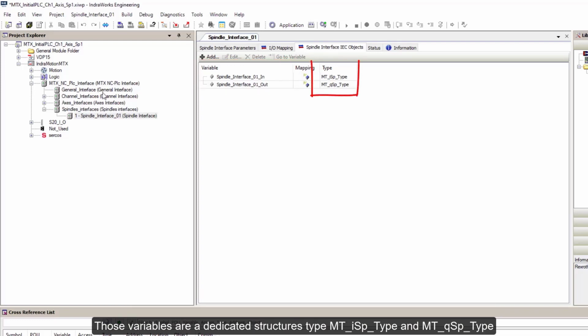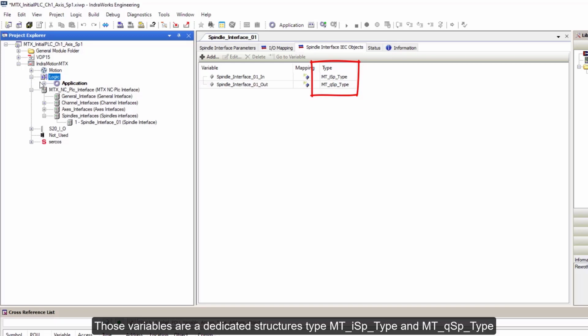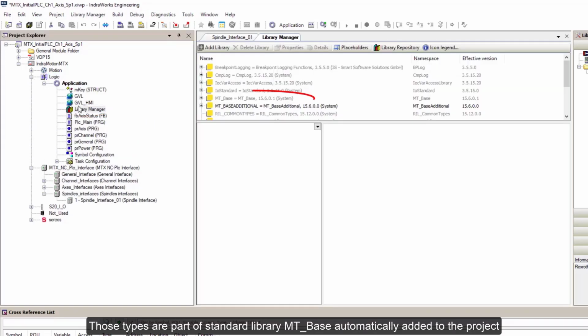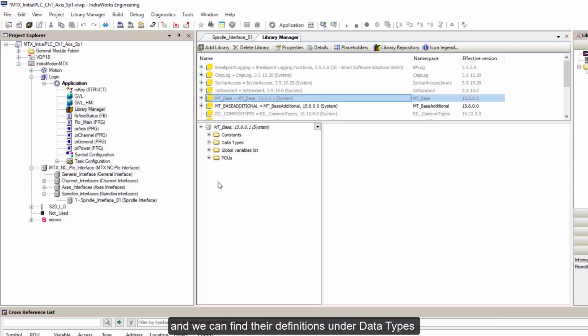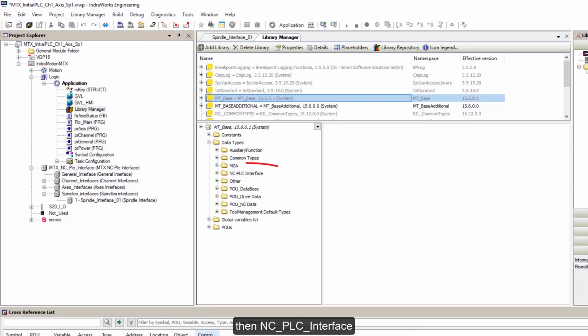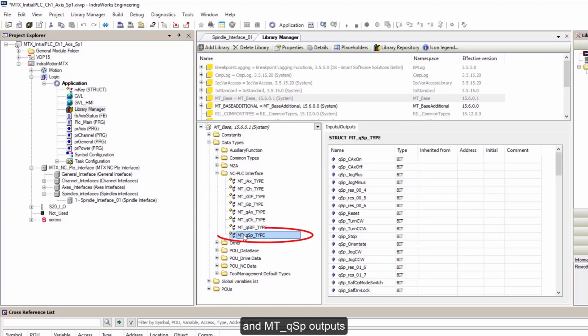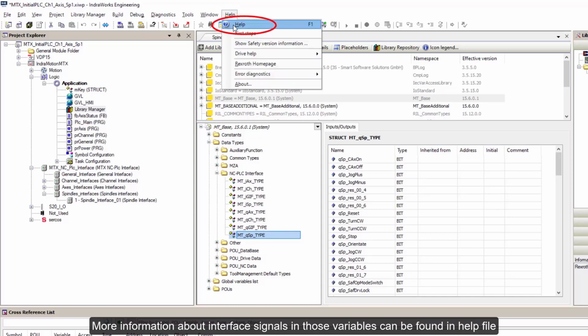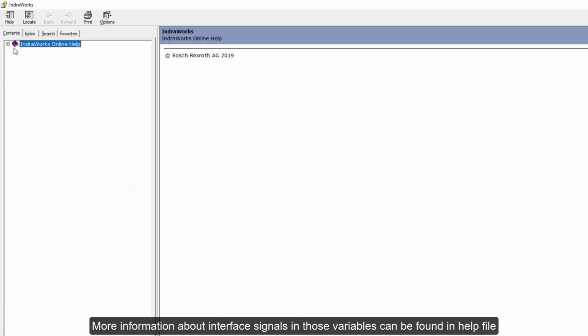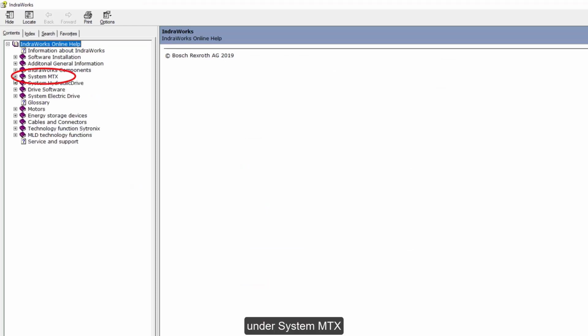Those variables are dedicated structures of type MT-ISP and MT-QSP. Those types are part of the standard library MT-base, automatically added to the project, and we can find their definitions under Data Types, then NC PLC Interface, then MT-ISP Inputs and MT-QSP Outputs. More information about interface signals in those variables can be found in the Help file under System MTX,